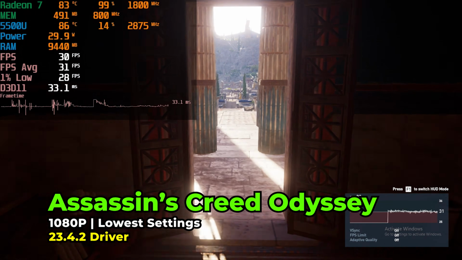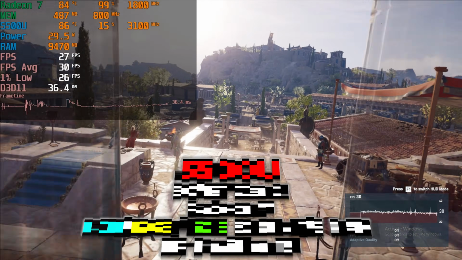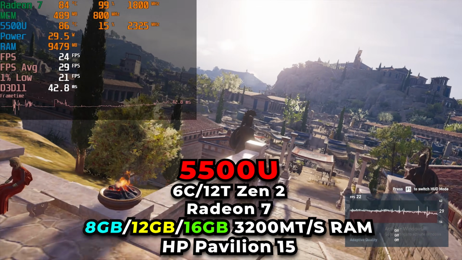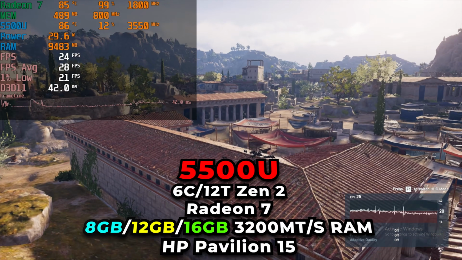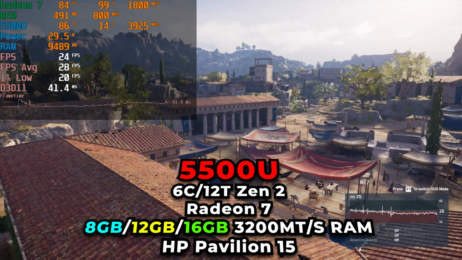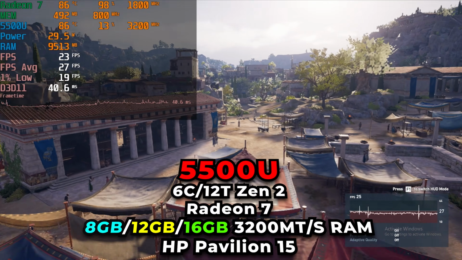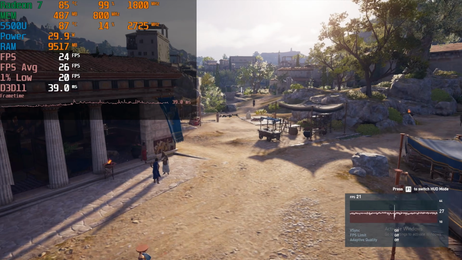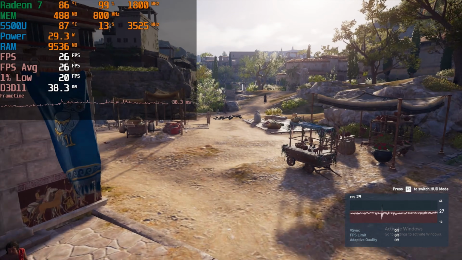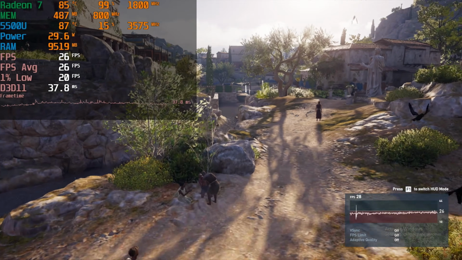Hey there, today we're taking a look at Assassin's Creed Odyssey running on the AMD Ryzen 5 5500U. Now we're going to be taking a look at it running with all of the different memory configurations I can set right now, which is 8GB of RAM, 12GB of RAM, and 16GB of RAM. The 8GB configuration will be two 4GB sticks. The 12GB configuration will be one 4GB stick and one 8GB stick, and the 16GB configuration will be two 8GB